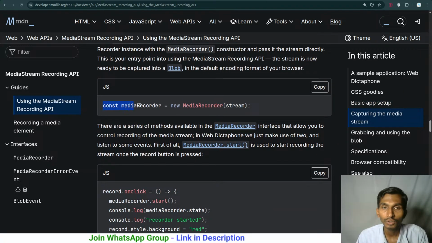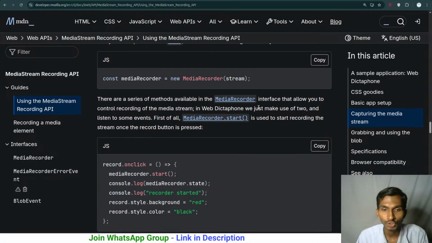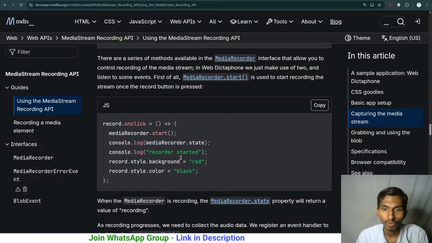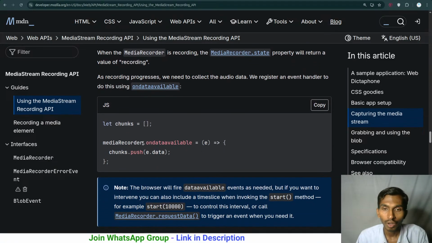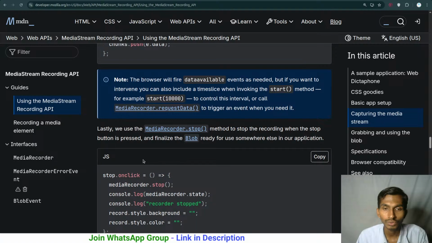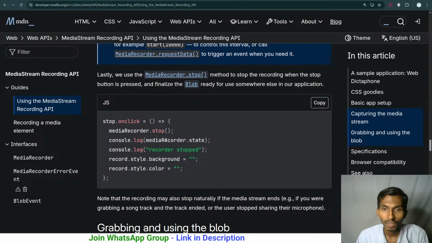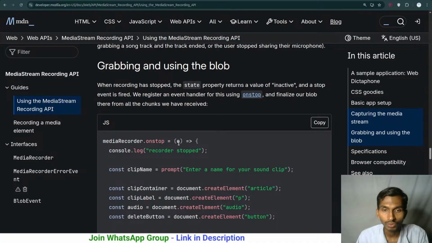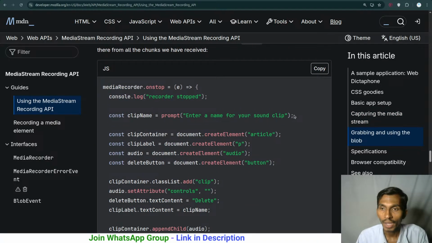So ultimately we need a MediaRecorder that will simply get the stream. Once we have that, we can listen for onclick. Whenever we click on something, we have to start recording. Once we start recording, on data available I'm going to get the data, and that data is going to be in chunk format, so I will push it to the chunks. And whenever clicked again, I simply stop it. When it stops, on stop, what do I have to do? I have to get the name.